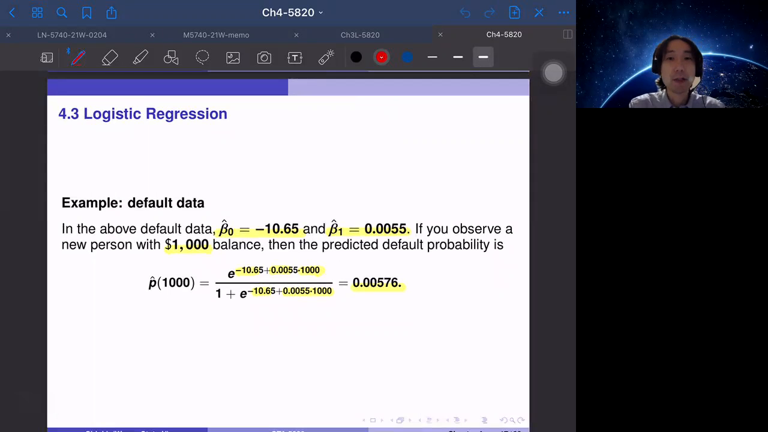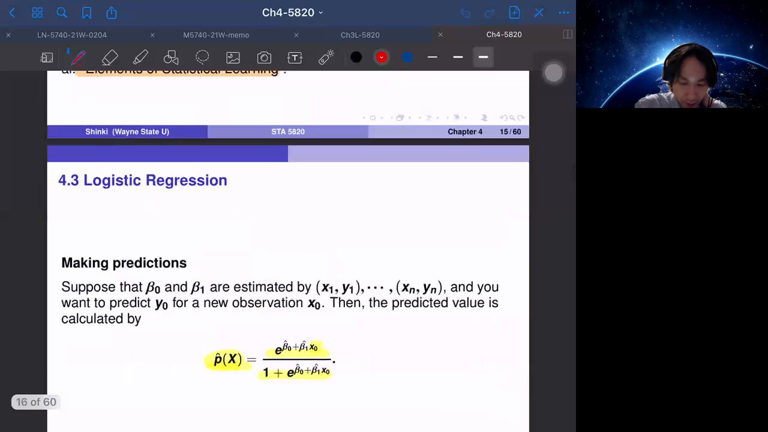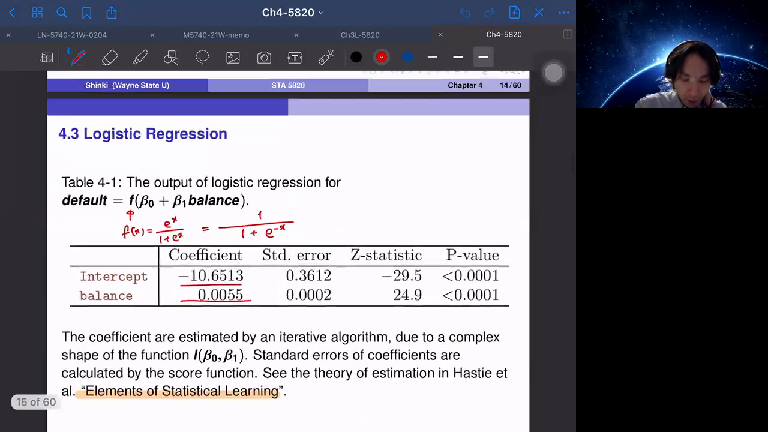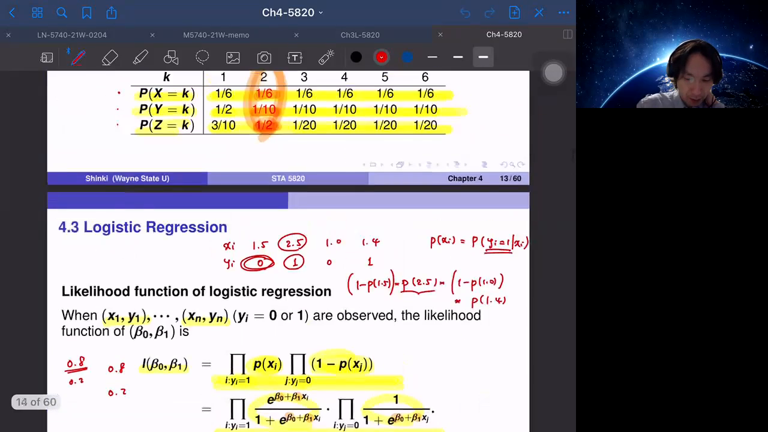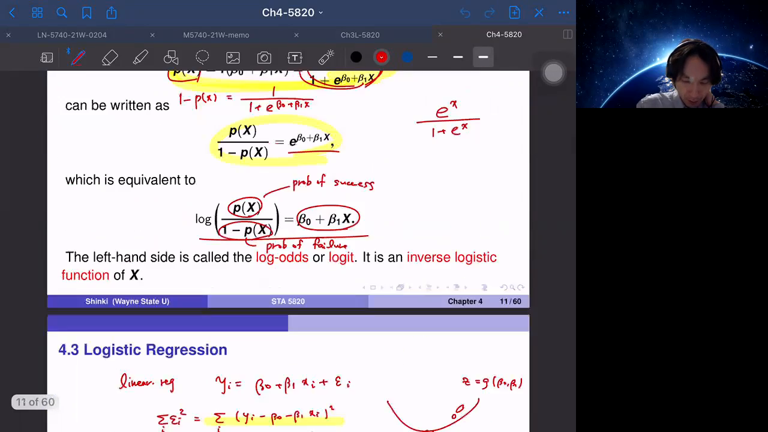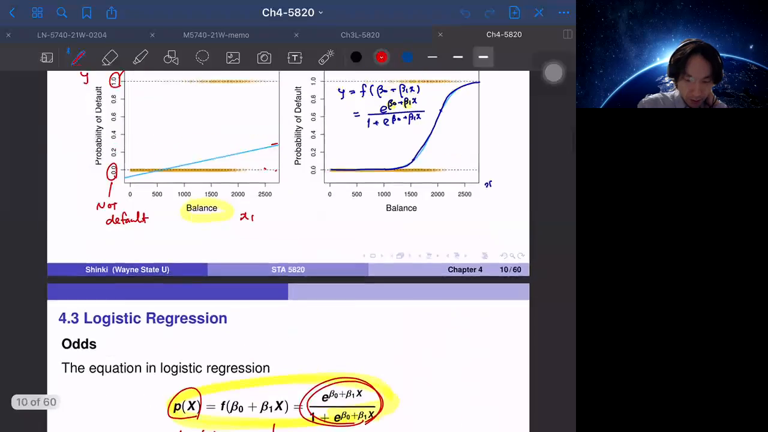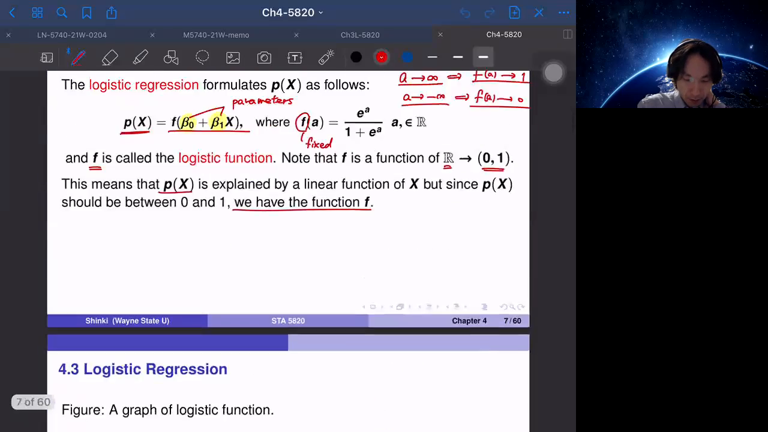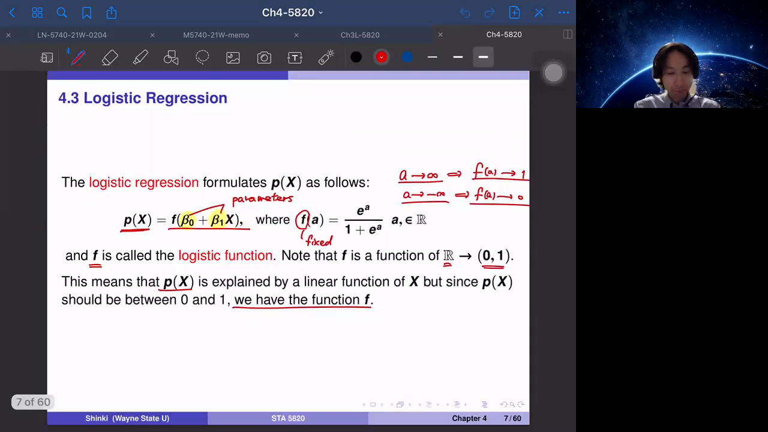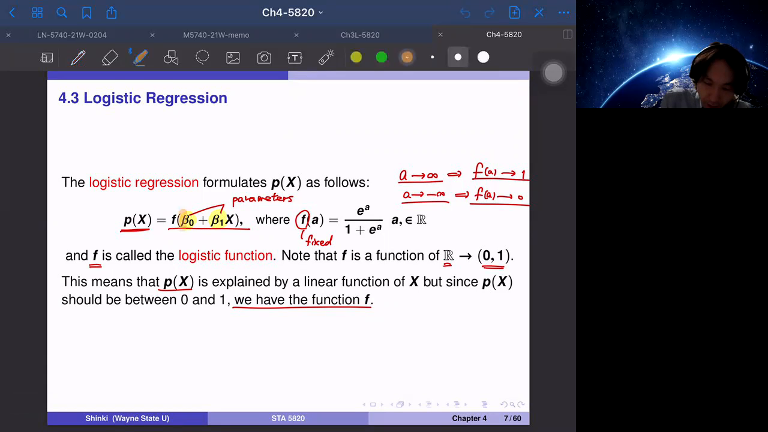So logistic regression, at first, some review. Logistic regression is kind of similar to linear regression, but we have the so-called link function. So we have link function f here. The point is that if we think about the linear combination of